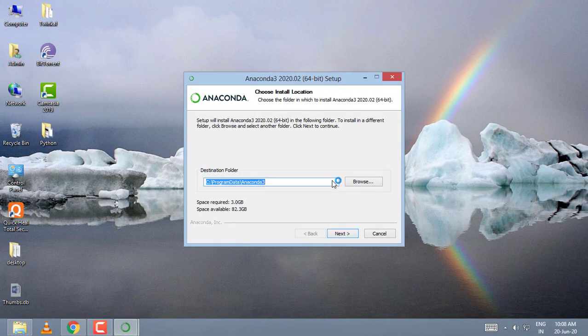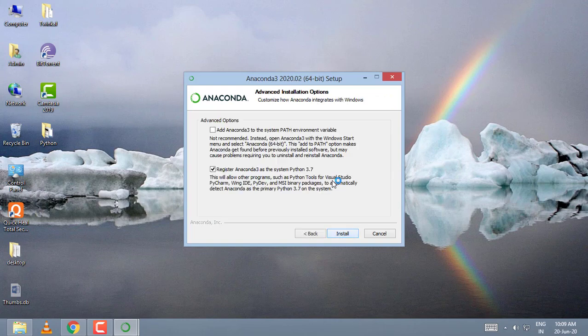After that, Anaconda indicates that it requires 3 GB of space and the available space is 82 GB. So I am going to browse for the destination folder. I am going to install in the C drive, ProgramData, Anaconda3. I am going to click on the next button.